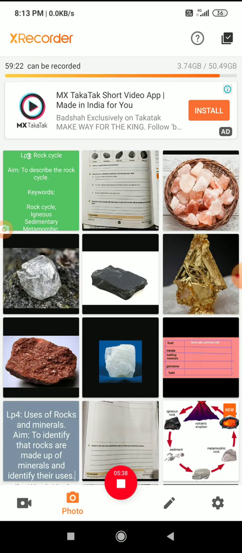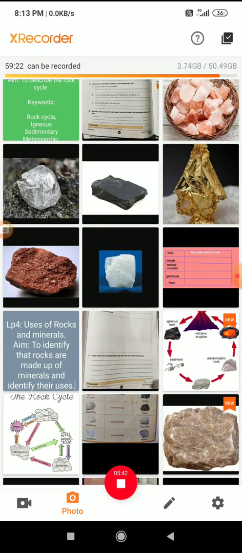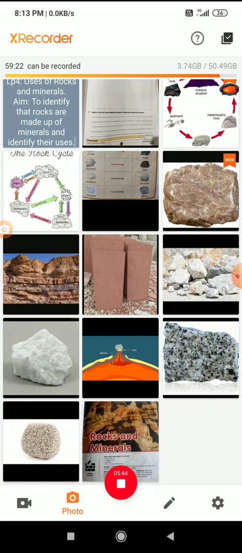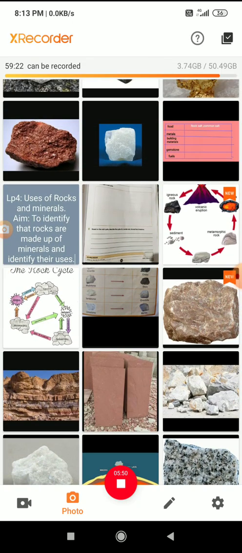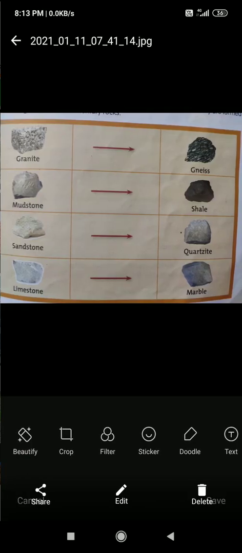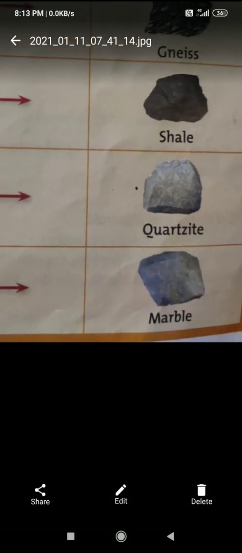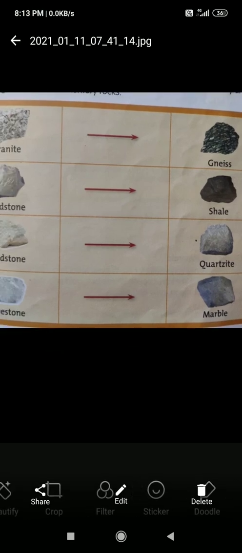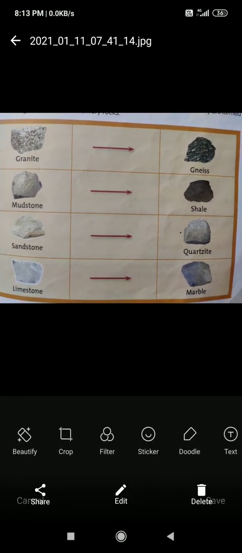Okay, so now the next one that we are going to discuss, students, in building material you can see, right? Quartz is a type of rock only. It is very shiny. And where is the quartz useful to us? Here in the book you can see the quartzite, right? So where is it useful, student? To make the glasses, right? We used to make the glasses. Rock salt is used as a salt.